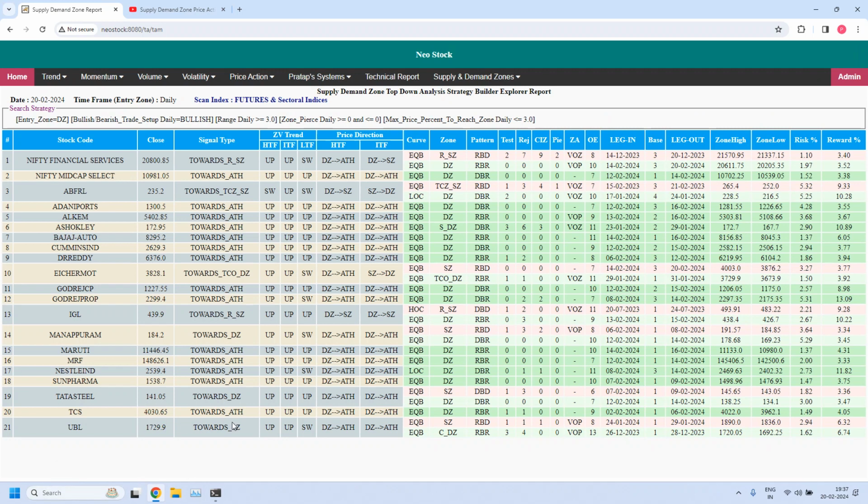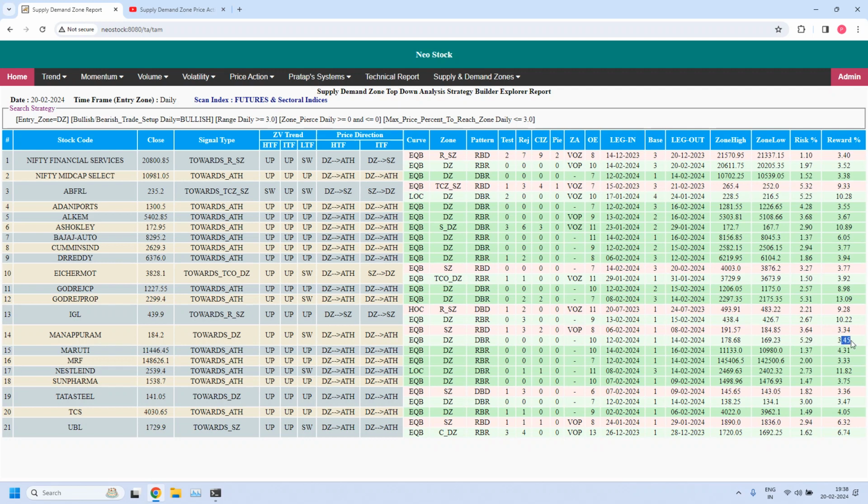Out of 21, Tata Steel is already discussed, moving towards the demand zone. Now Manappuram is there, which was not in the earlier list. So it is also moving towards the demand zone. If for any reason the price is down by 3% tomorrow, we may get an entry in Manappuram. But the problem with Manappuram is,